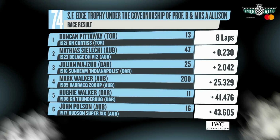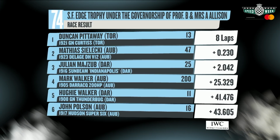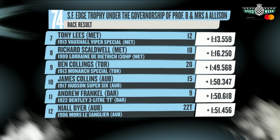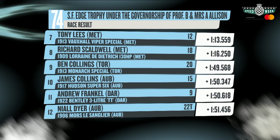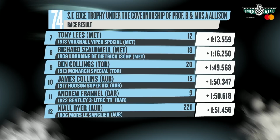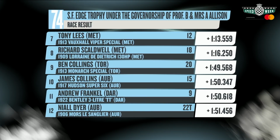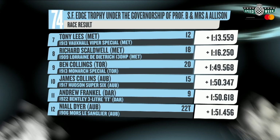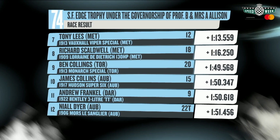In sixth place, number 16, John Paulson with the Hudson Super 6. Seventh was 12, Tony Lees with the Vauxhall Viper. Eighth, Richard Scoldwell with the number 18 Lorraine-Dietrich. In ninth place, number 20, Ben Collins with the Monarch. In 10th, 15, James Collins with his Hudson. In 11th place, number 9, Andrew Frankel with the Bentley. And in 12th place, number 22, not quite sure where it's a T car, Neil Dyer